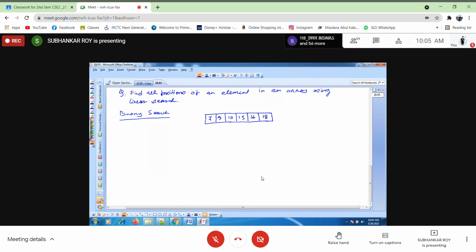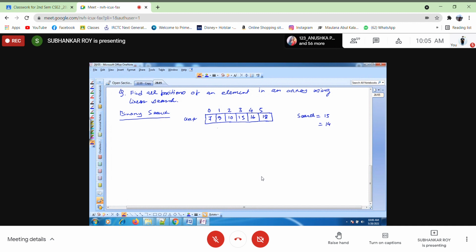You could take any elements, and indexes are 0, 1, 2, 3, 4, 5. The array name is arr. You want to search 15, and I will be considering another, unsuccessful case, 14.